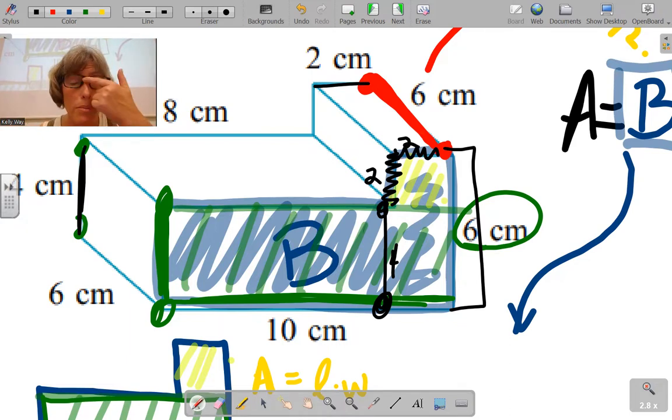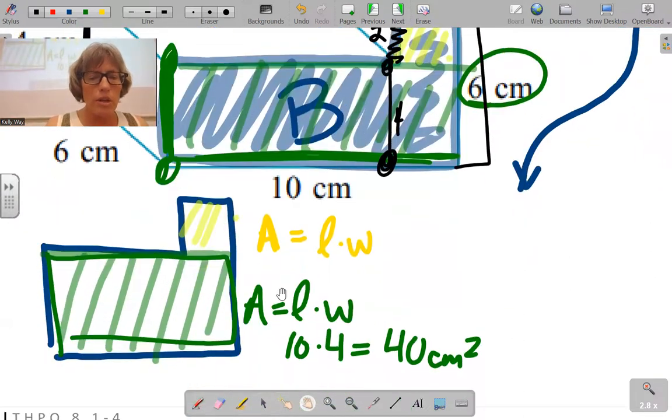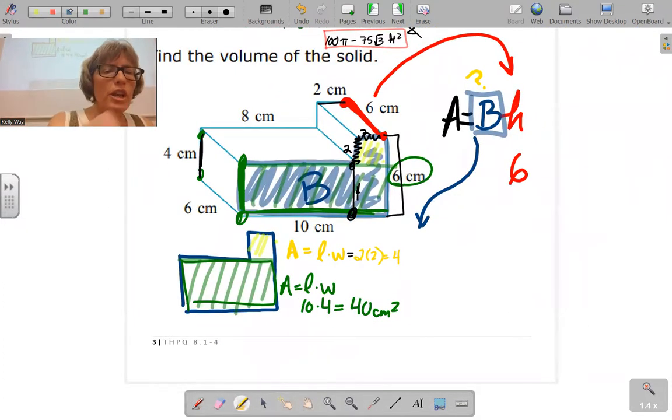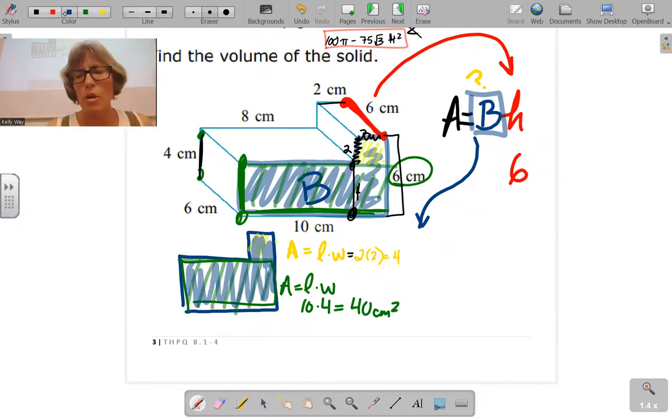So you have to be very observant. So that little yellow is 2 times 2, which of course is 4. So our composite base of this whole thing all together is going to be 44 centimeters square. Boom, there's our base,